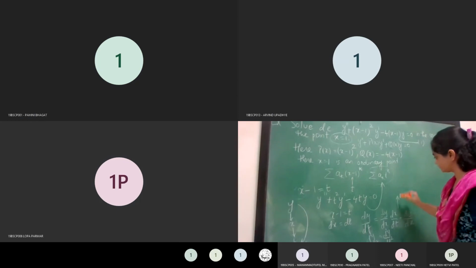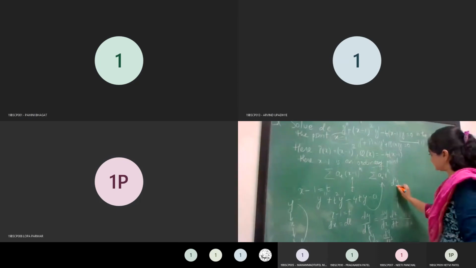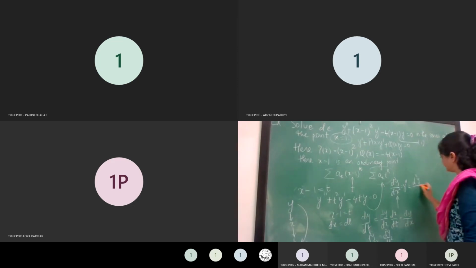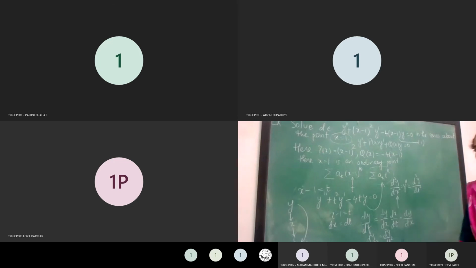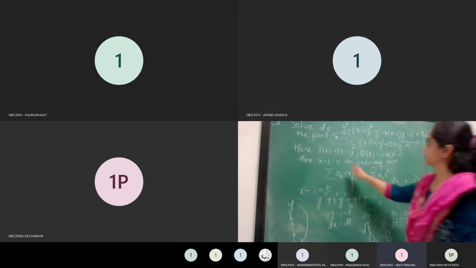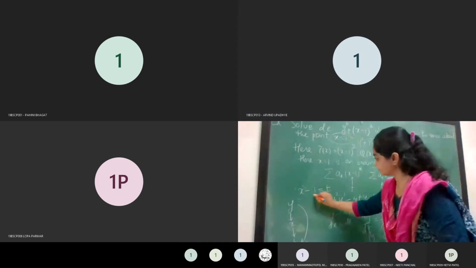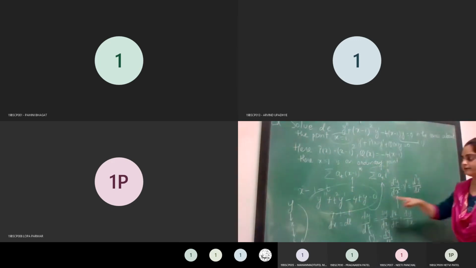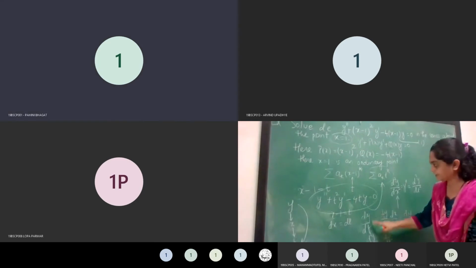Okay, so I am writing it over here. d square y upon dx square, that is, this is nothing but y double dash with respect to x variable, is the same as from here. I am applying on both sides the d by dx operator. So it will be d square y upon dt square. Therefore, this equation will turn out to be this equation where y double dash will now be d square y by dt square, y dash will be dy by dt.